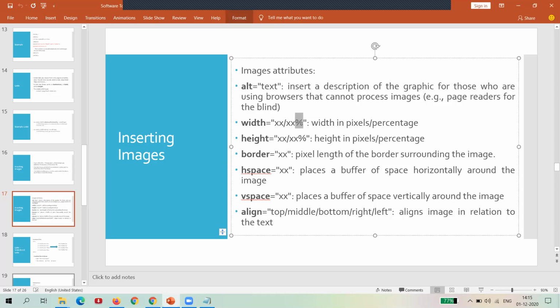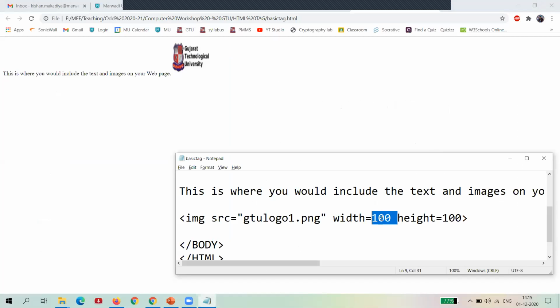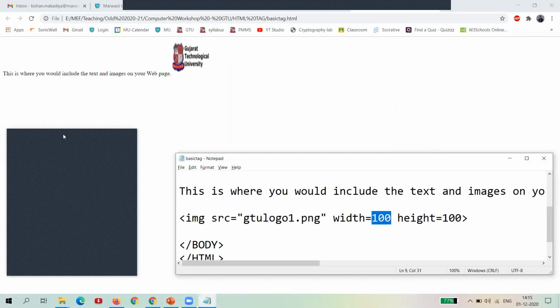For that you have to apply the percent sign, like 10%, 50%, or 100% of actual size, or else you give the input as pixels. If you directly write the number, it is understood as pixels. And if you put a percent sign at the end,